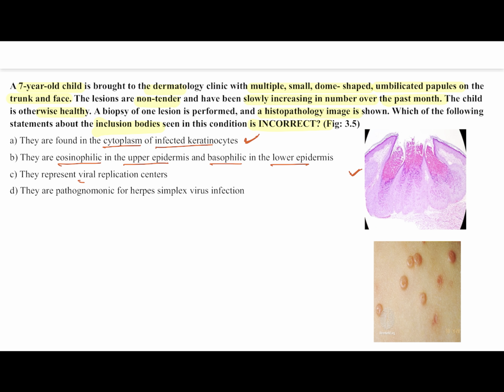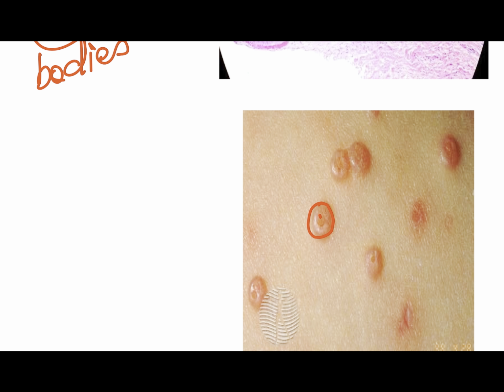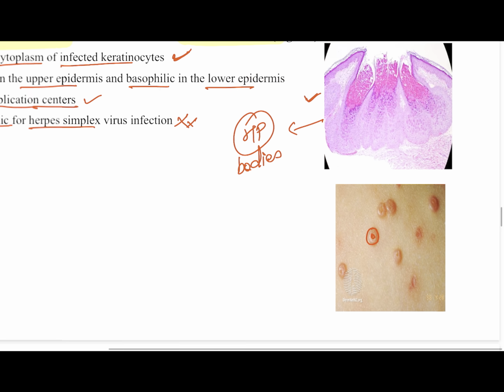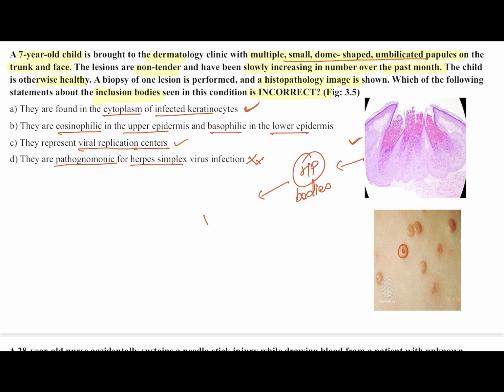So here you can see it represents the viral replication center. Which is the incorrect, or which is the pathognomonic for herpes simplex virus? No. If you know, these are called Henderson-Patterson bodies. Okay? And they have mentioned the special type of rashes. So here you can see the rash, umbilicated, meaning the dipped area. These rashes are called pearl appearance, or these are the rashes which are characteristic, both are characteristic for